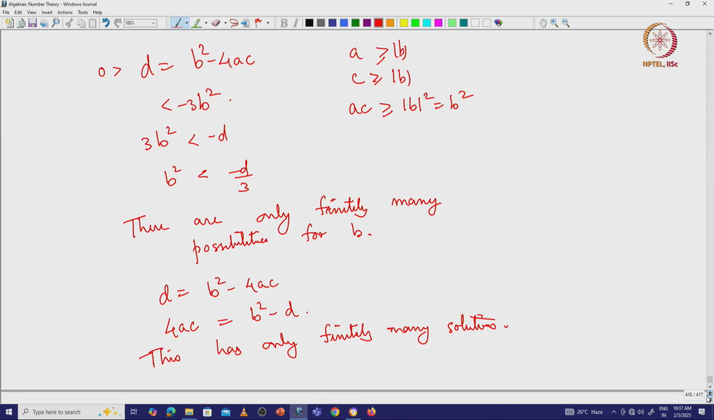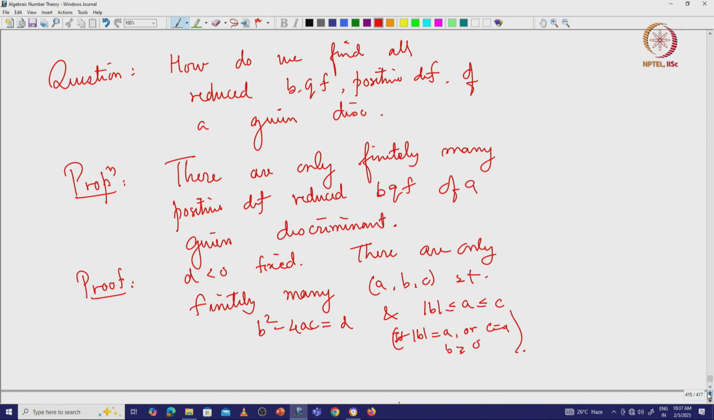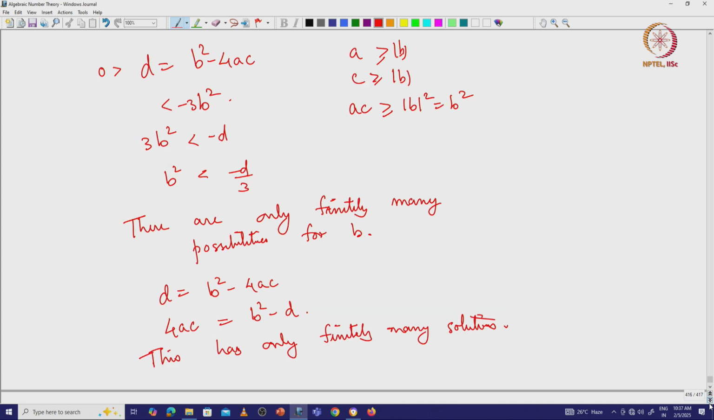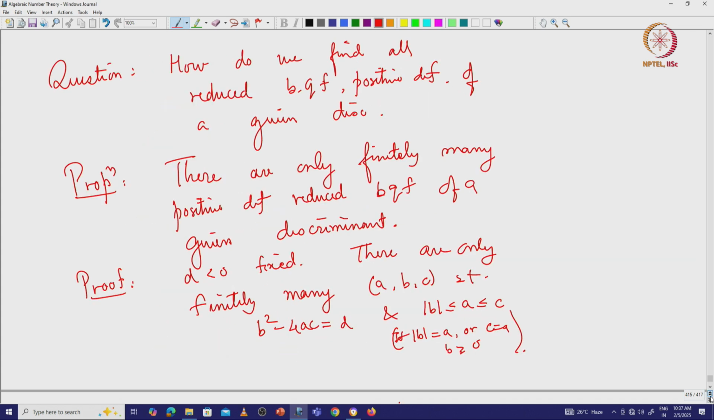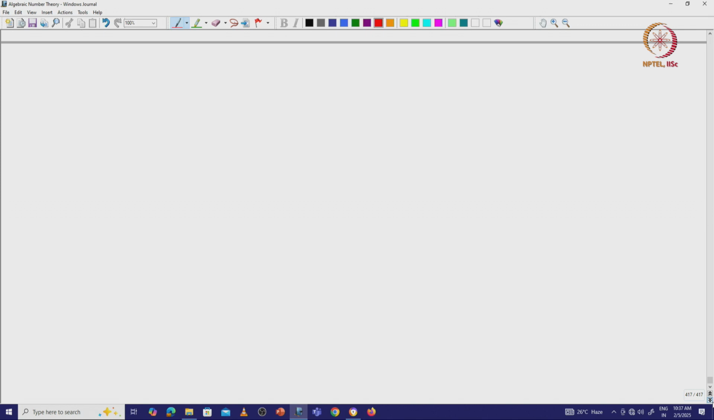discriminant, right. And so, now we are going to try to find them all, and the way to find them all is you basically just try all possible values of B. Okay. So, the proof also tells you how to go about finding all possible values of B, right. So, example,